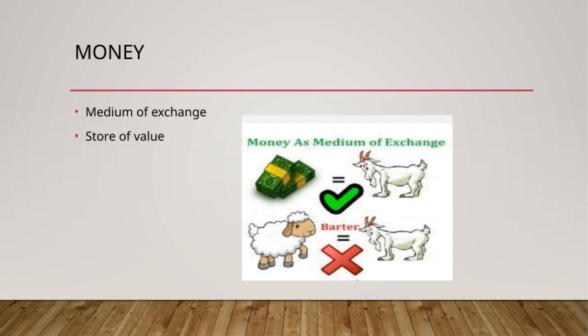Let's explore some fundamental concepts of money. First, we have the medium of exchange. This simply means money is what we use to buy and sell goods and services. It makes transactions smoother because everyone agrees on its value. Next, there's the store of value. This means money can be saved and used later without losing its worth over time. It's a way to preserve wealth. Finally, we arrive at the term money itself. Money embodies both these functions. It facilitates exchanges and stores value. Understanding these key points helps us see why money is such a vital part of our economy and daily lives.